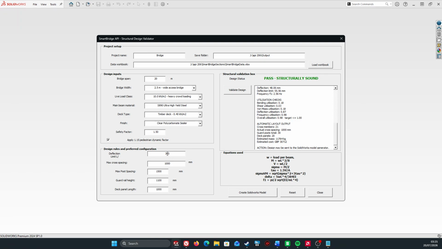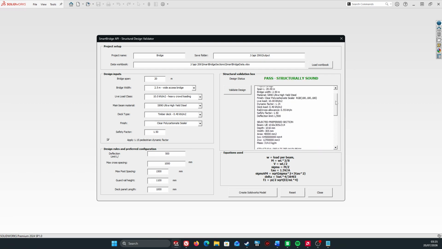And also another thing with the deflection, you cannot go lower than 100. It has to be a positive value. It has to be greater than 100. So set it to 200, 500, 5,000, and it will fail. That is a calculation, so it makes a smart decision straight for you. Just over here. So if we change this to 500, and one of the cool things about this software that